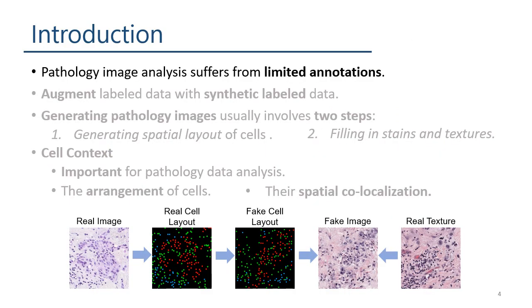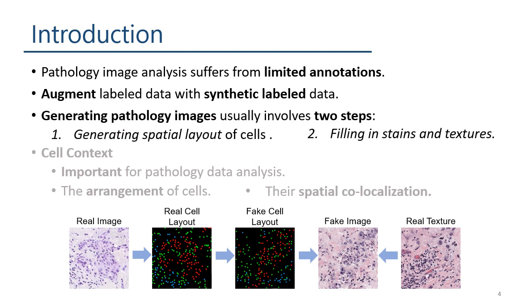Limited annotations is a known issue in pathology, whether it is dense annotations, which require pathology experts to do expensive and time-consuming labeling, or slide-level labels like cancer survival datasets. One solution is to augment the training data with generated labeled data. This usually involves two steps: generating the spatial layout of cells and filling in the stains and textures. Existing methods mostly focus on the second step, but here we focus on the first one, generating realistic cell layouts